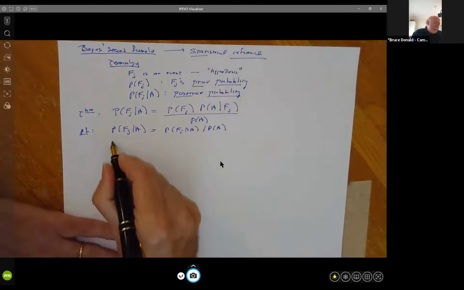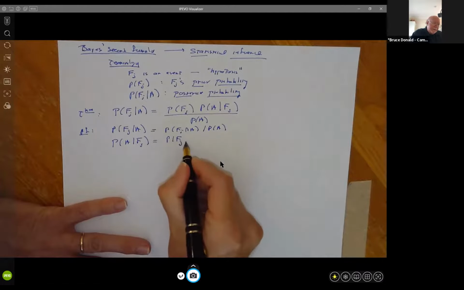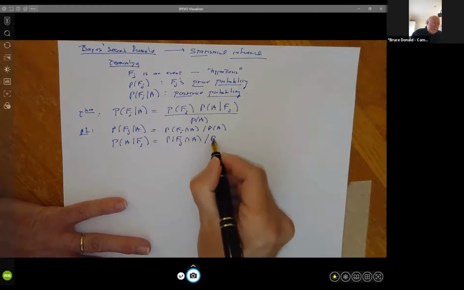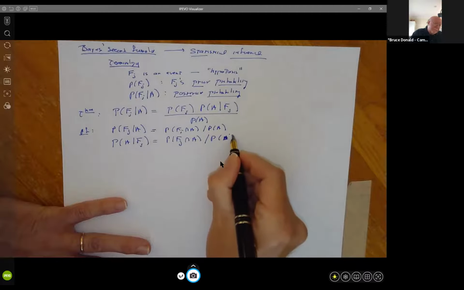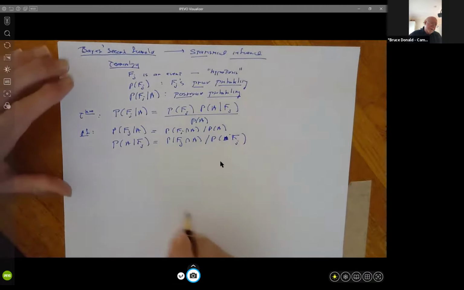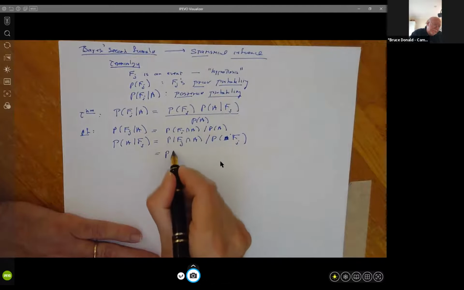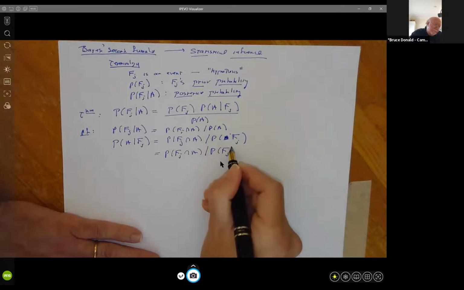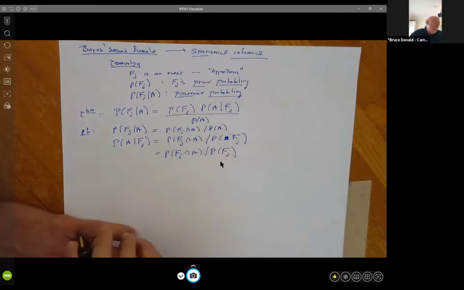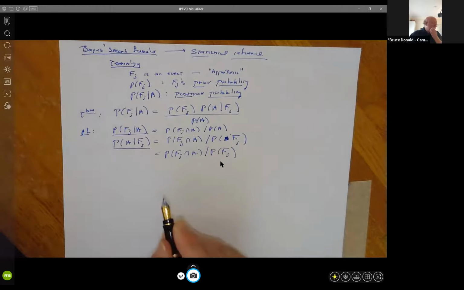And while we're at it, let's write down the probability of A given Fj. And just using the definition, that's equal to the probability of Fj intersect A divided by the probability of Fj. Sorry, probability of Fj. So the only difference here is in the denominator, right? I'll write that out again so it'll be cleaner. Okay, so we've basically just expanded the definitions we have for conditional probability using set